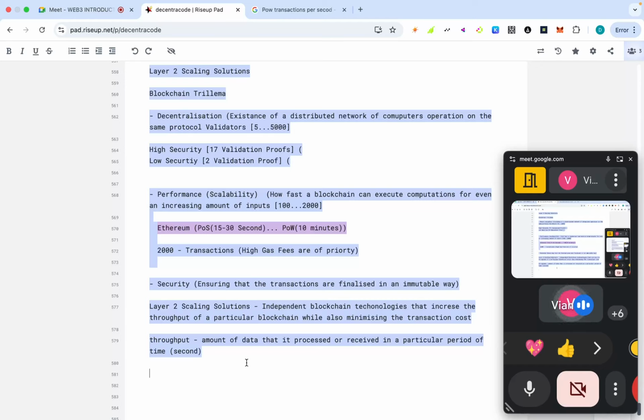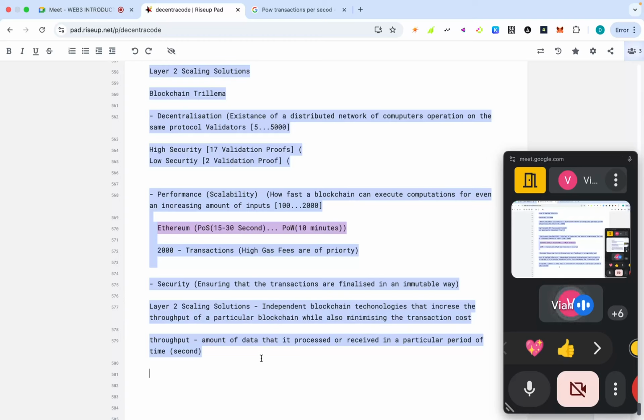the mechanism by which data is processed on Ethereum as a layer 1 cannot sustain a certain threshold of data, a certain threshold of transactions. So a different mechanism would need to be deployed for it to contain more transactions in the same short time. That is why layer 2 solutions come in handy, to increase how many transactions Ethereum can execute in a particular second. So throughput is simply the amount of data that is received or processed in a particular period of time, typically a second. And then